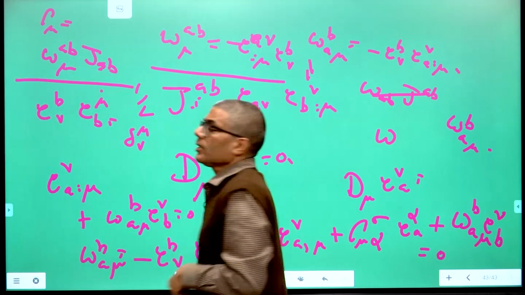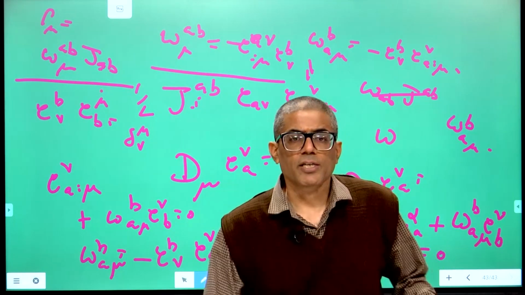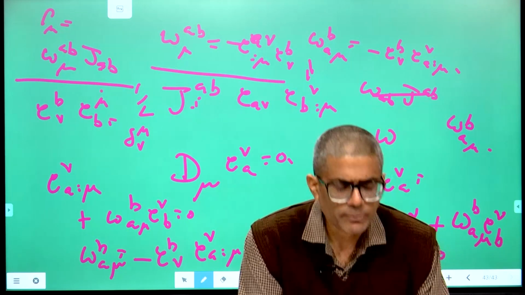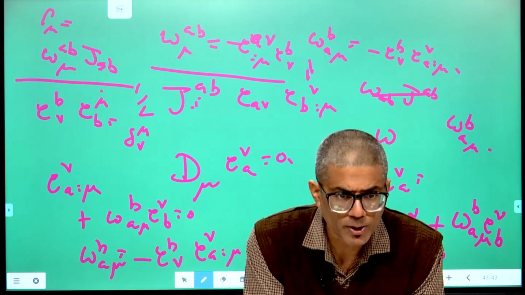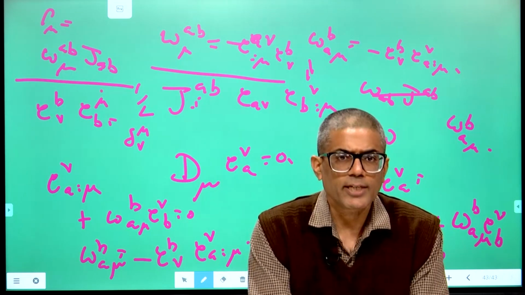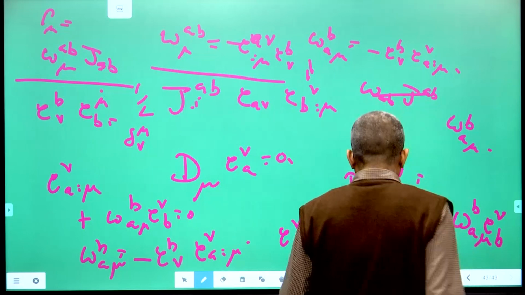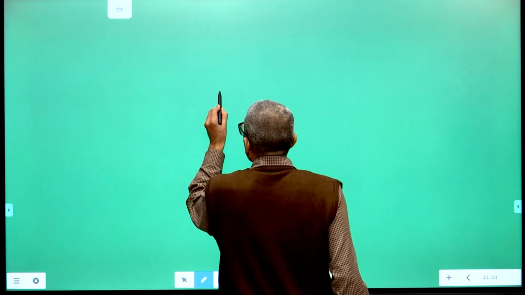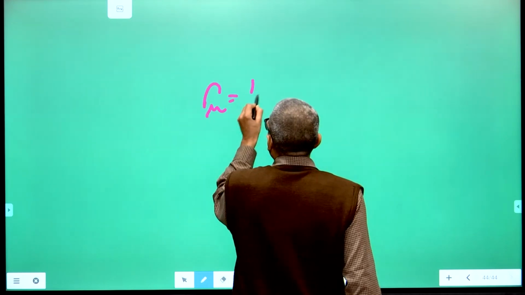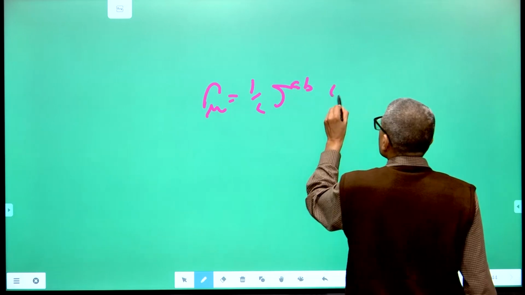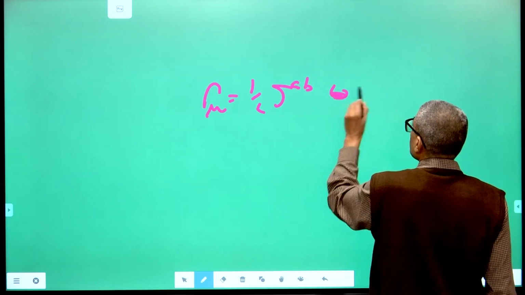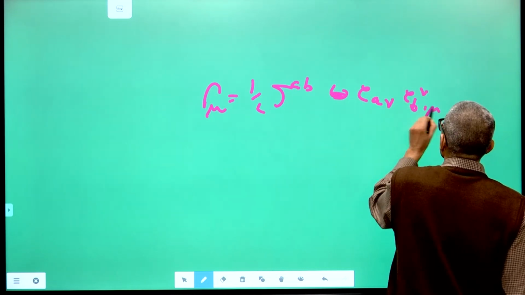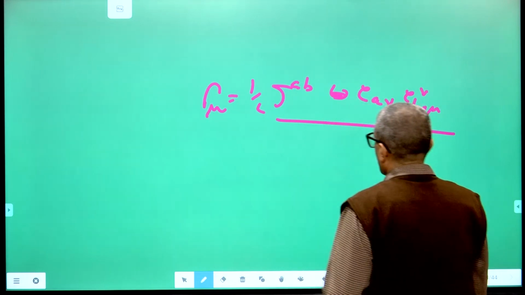This is another verification. The counter verification comes from the fact that the vector covariant derivative using the Christoffel connection plus the spinor covariant derivative using the spinor connection should act on a tetrad to give 0. So that gives you the complete reasoning of why you use that form of the spinor connection of the gravitational field, half J A B into E a nu E b nu double dot mu. You can use this as a spinor connection.